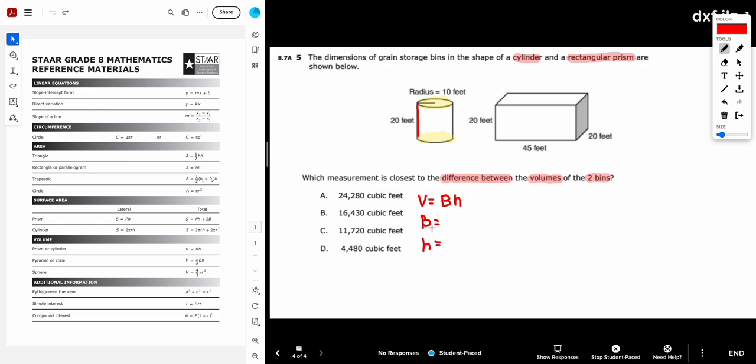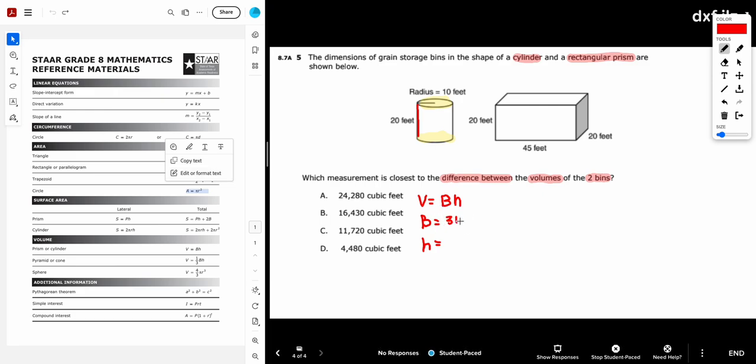And so for big B, we have to get the area of a circle because the base is a circle. So looking here, we would use area equals pi r squared. So pi times the radius squared would give us